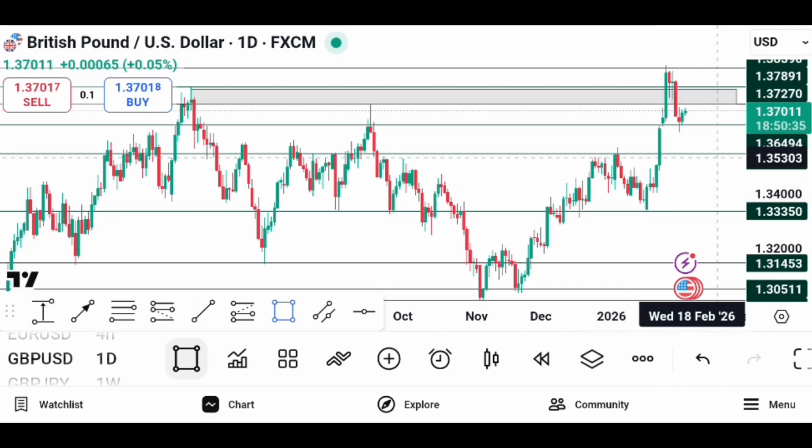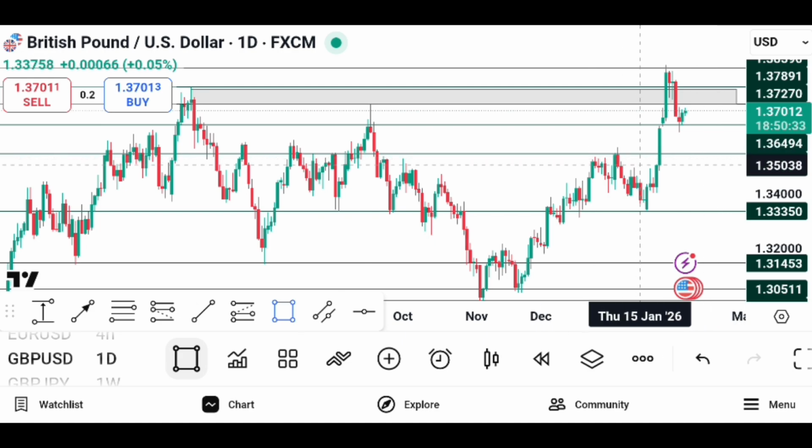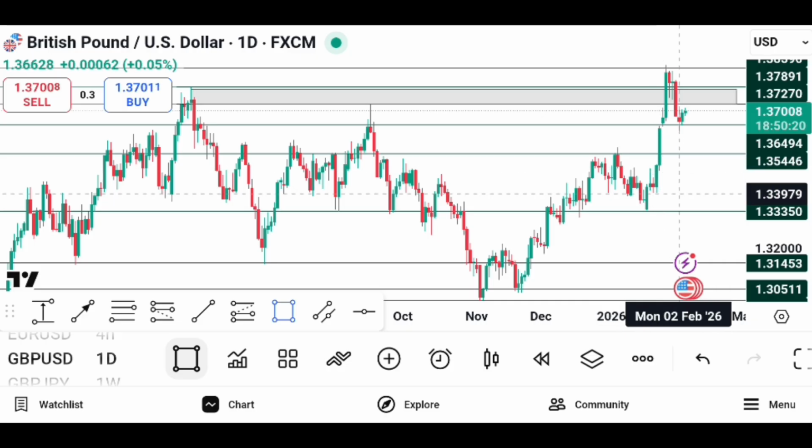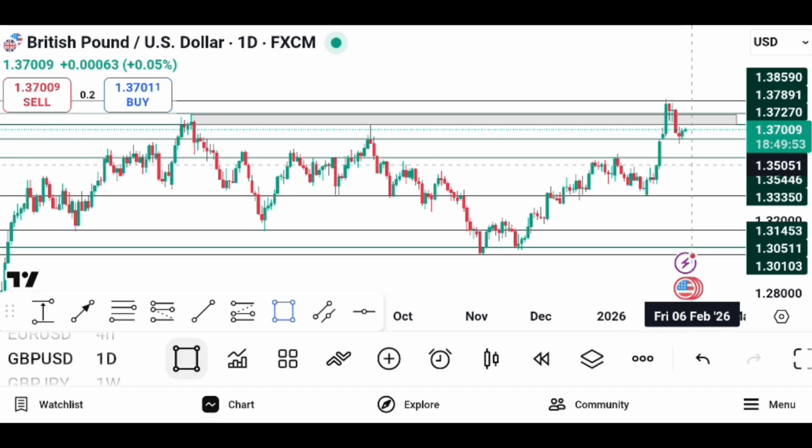First, you target this level, which is a previous key level. Then this fair value gap right here at 1.3488 area, there is another point you can target. Then another target should be this other key level. Then if we still have some bearish pressures, we'll come down to this key level. So all you need to do is just target the key levels and just trade with the key levels